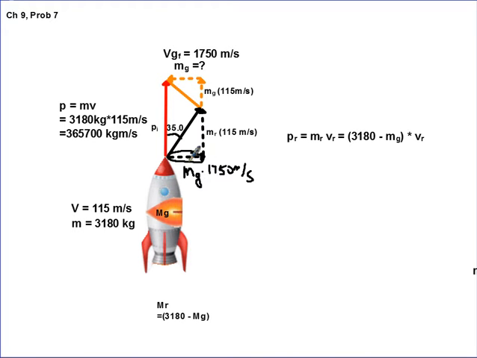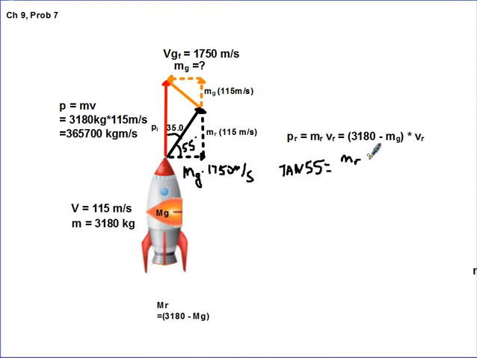Now, because I'm looking for the mass of the gas, I'm going to look at this angle here. That's 55 degrees. I'm going to use some trigonometry to solve for the mass of the gas, and I'm doing that because I know this particular angle. It is 55 degrees from the horizontal or 35 from the vertical. So I'm going to set up the tangent, to say the tangent of 55 is the ratio of the opposite side, the mass of the rocket,